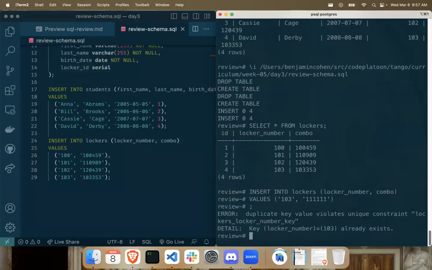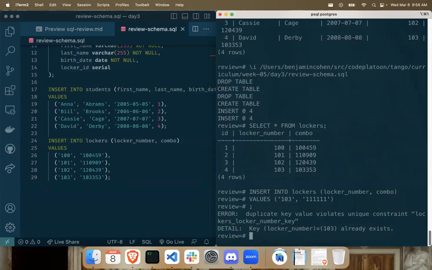it's good to get explicit errors as opposed to silent errors, as in we want to ensure our database looks a certain way or our table looks a certain way. And this constraint kept us, or rather someone interacting with our table who might not know the schema that well, it kept them from accidentally putting in bad data. And it's way better to get this error and then figure out why your program broke than to not get an error and then later realize, oh, we kind of have corrupt data. Like, it's valid according to SQL, but it really doesn't make sense that two individual lockers can share the same locker number. So we kind of violated our own understanding of the data,